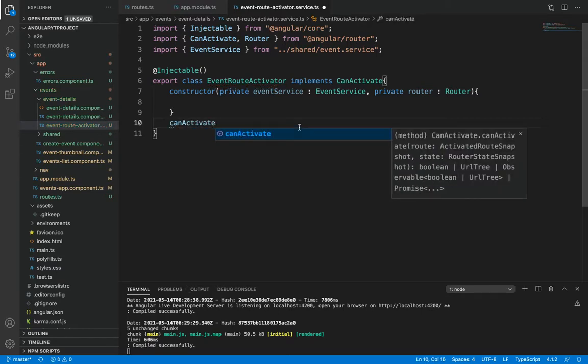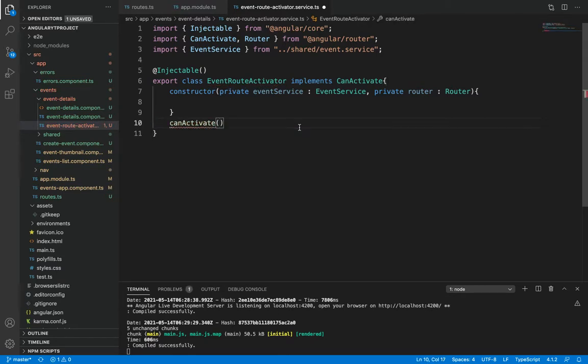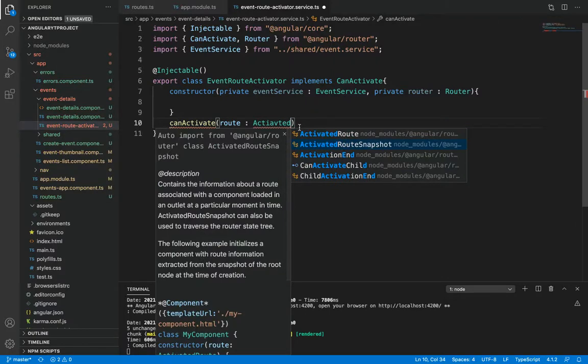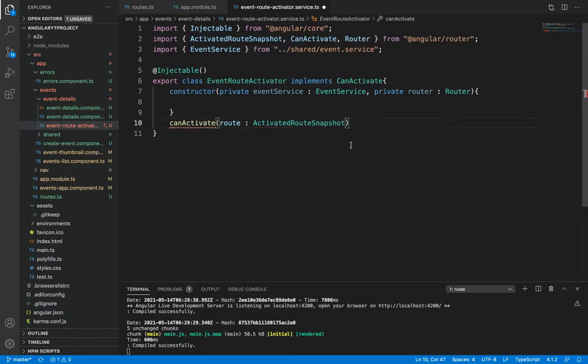Let's implement canActivate, which will take a parameter of type ActivatedRouteSnapshot. We have to pass this as a parameter for the canActivate method,